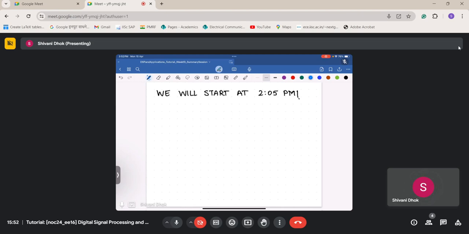Here the second and third questions are interrelated, ma'am. The question is the same; the way of asking the answer is different. The second question is asking whether the system is BIBO stable or not. So the answer is false. Now what they are doing is trying to reduce the feedback by introducing a constant alpha, such that you will get a stable system. But they are asking the range of values of alpha for which the system is stable.